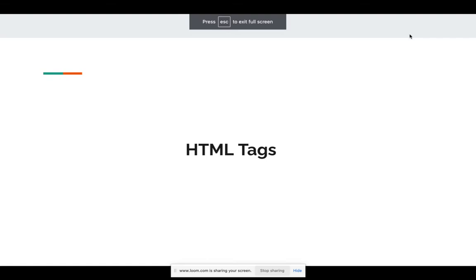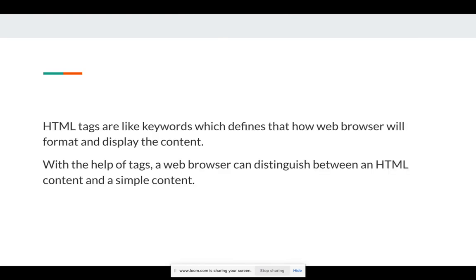All right, so in this video, we're going to look at HTML tags. Now, let's go. What are HTML tags? They are like keywords that define how a web browser will format and display the content. Yeah, so tags are just keywords that we use to display things we want to display